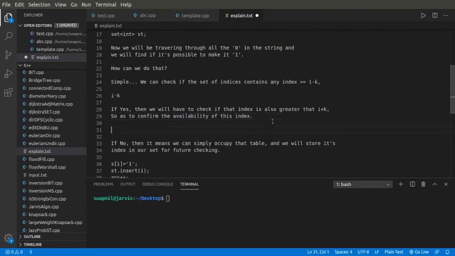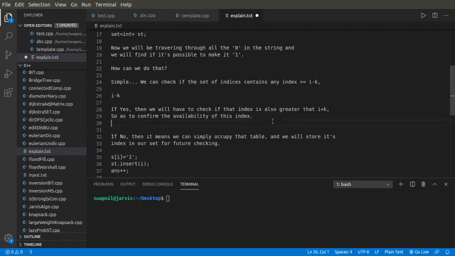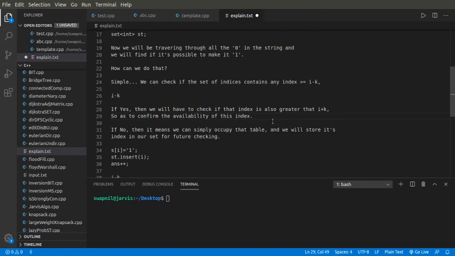It's obvious, because the index is beyond i plus k and the i minus k part is already checked, so that confirms the availability. And if it is not greater than i plus k, then I cannot occupy that particular table. So I'll get started with the coding part.